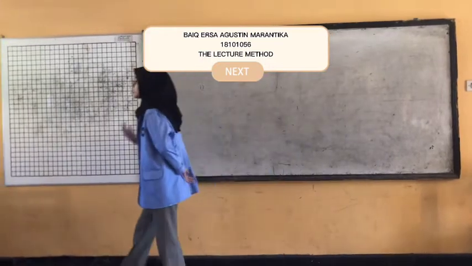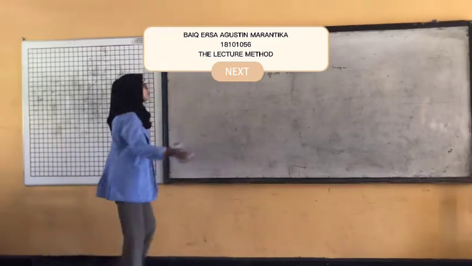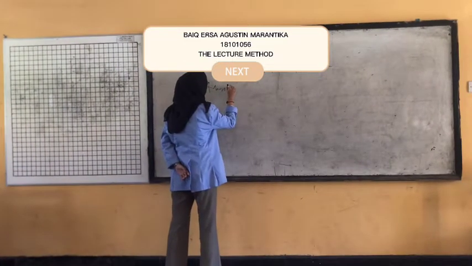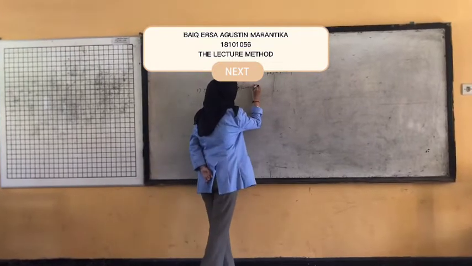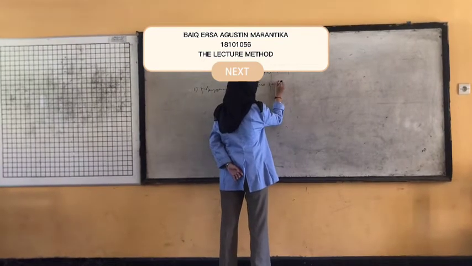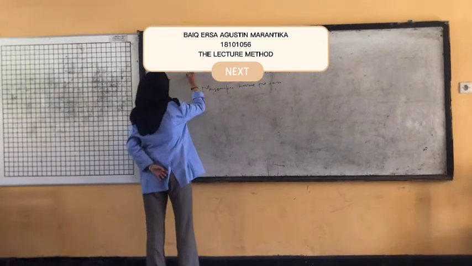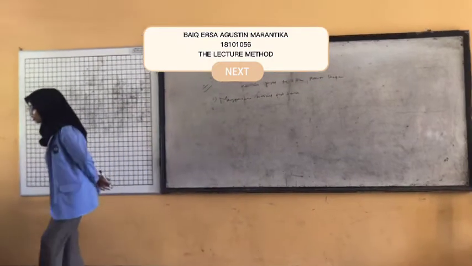The types of lecture methods consist of plain lecture methods, mixed lecture methods, and original lecture methods. The lecture method in its application in the teaching and learning process also has several advantages and disadvantages. Among the weaknesses: it is easy to become merely verbal. Next, the visual is loose and the auditory